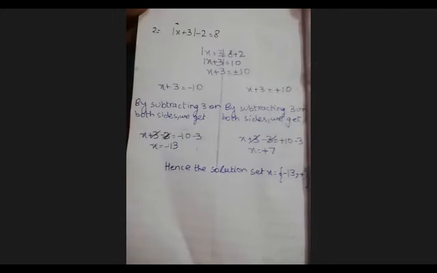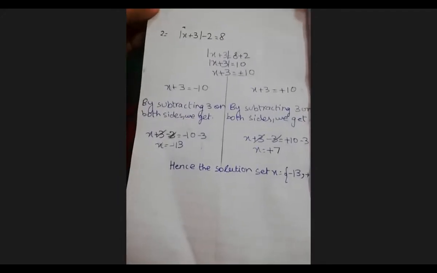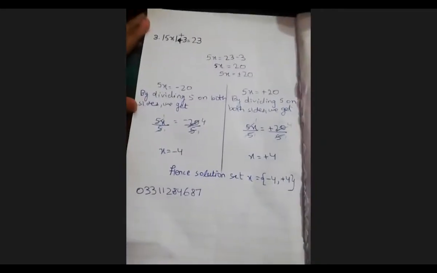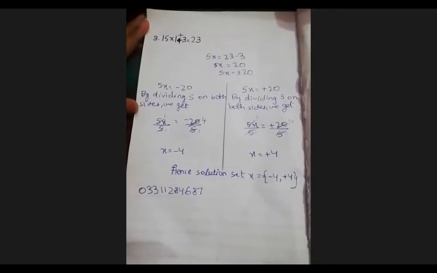Okay, Ramla, one second. You are starting the question right now. Quickly start it. Yes, Ramla. So here -13 and 7. Very good. This is question number 2 and question number 3, Ramla. Question number 3, -4 plus 4. Very good. Ramla, turn the page and show me today's work.